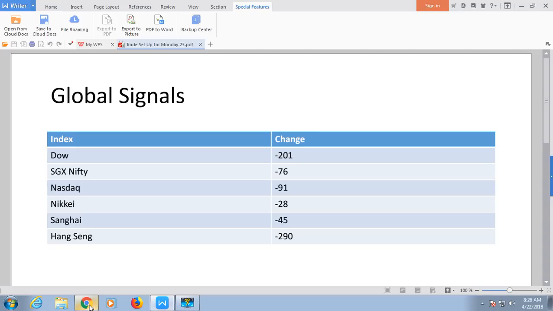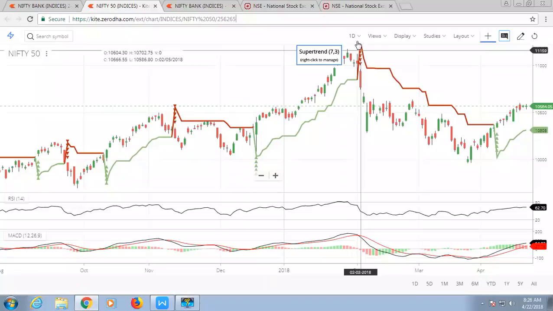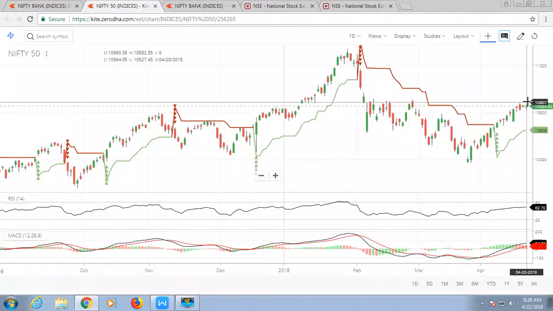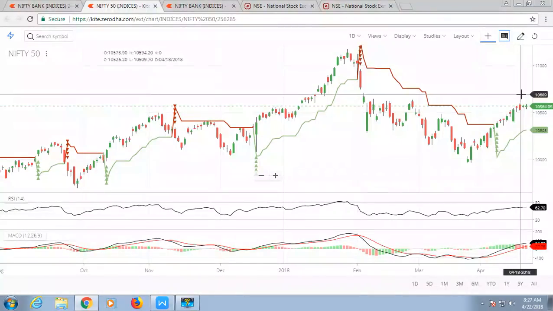Now time to check out the Nifty technicals. Here is the Nifty graph for the 1 day chart. If you see the 1 day chart, the last candle is a doji type candle. That means the market is confused. They don't know where to take the market, upside in an uptrend or downside in a downtrend. That is, bulls and bears were confused in the market on the daily chart.